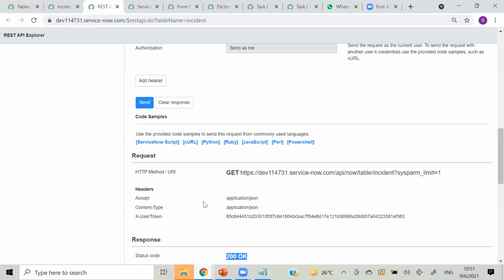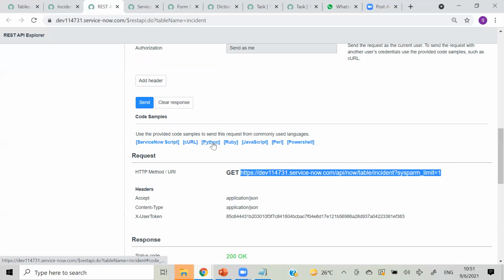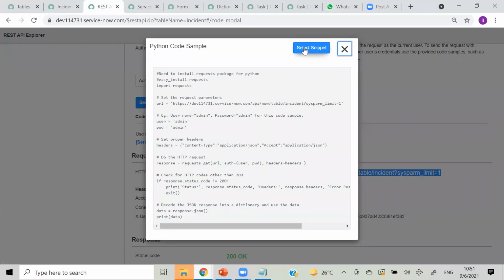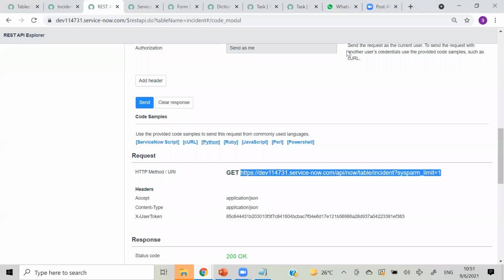And here we also have some options. If you don't want to provide a URL and you want to provide a Python script for this REST API, you can click on this. So this is the Python script. Copy this and provide it to your Python client.